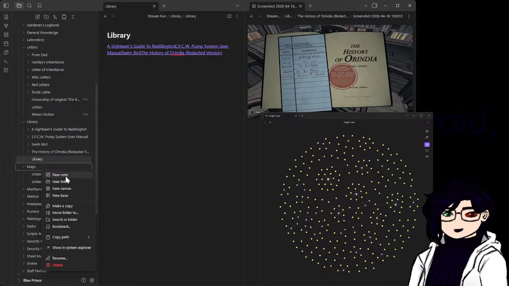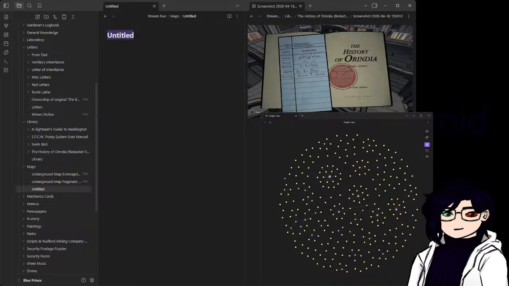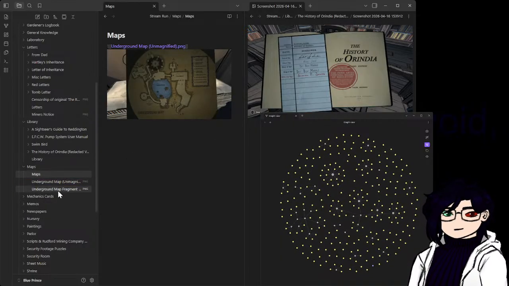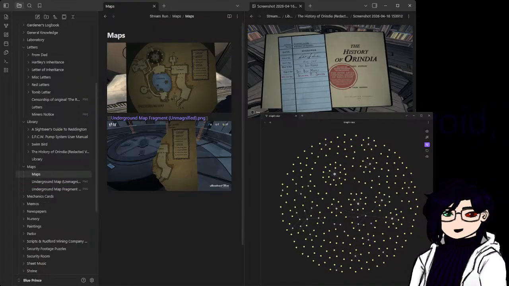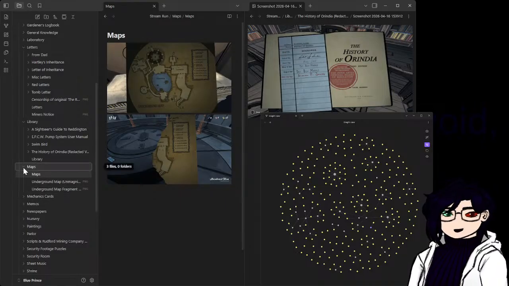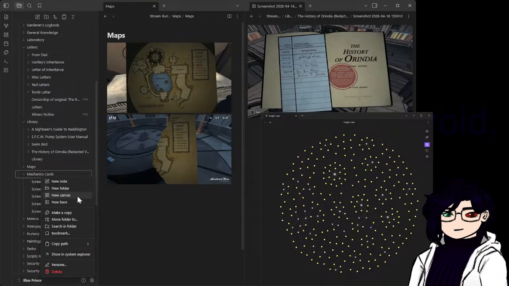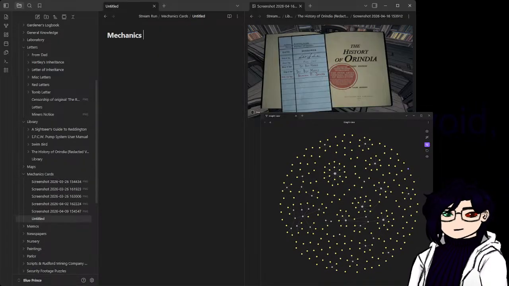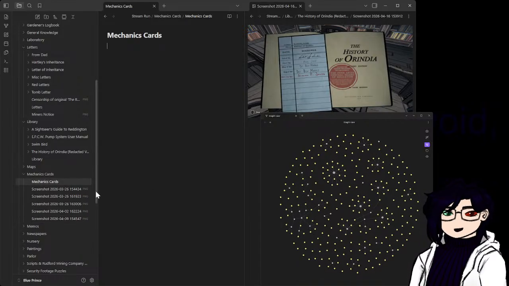Maps, just maps I've found throughout the estate. Maps. Underground. Right now it's just the underground. There are other maps that I'll need to add to this. Mechanics. Cards. The reason I have this,